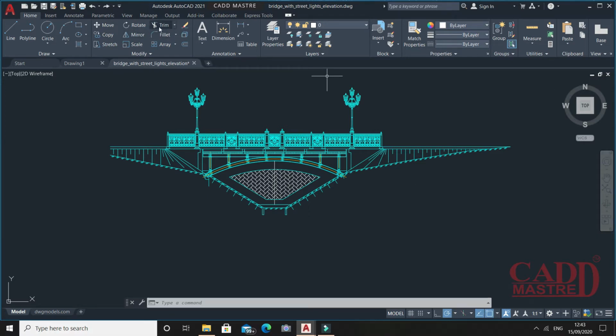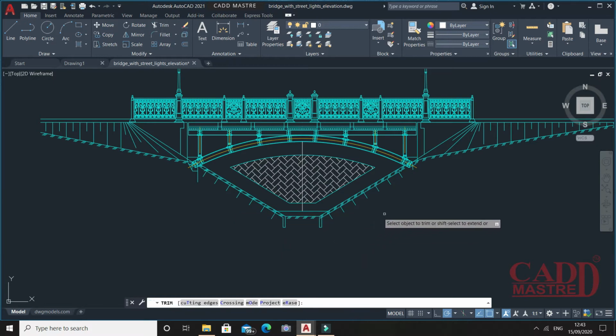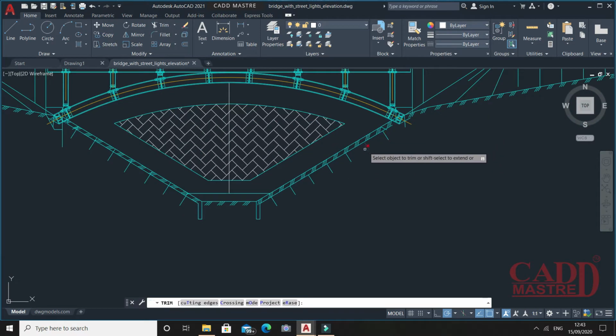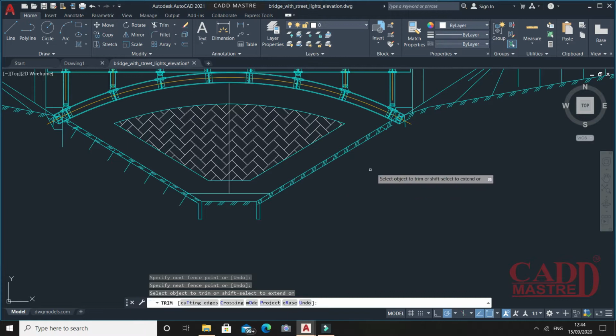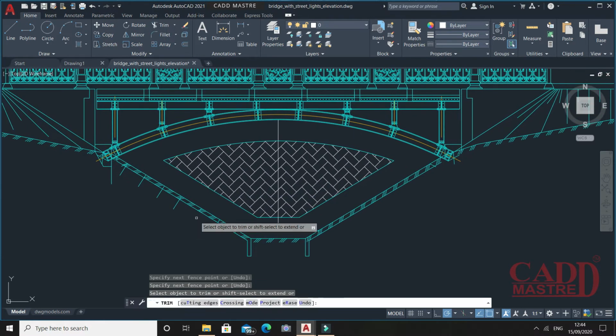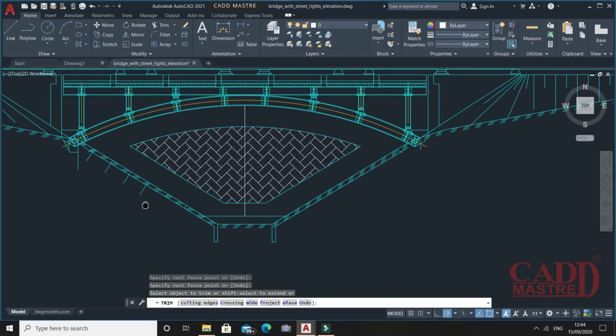So you just see the trim under the modify tool, select this option. Once it is activated, if I want to trim these lines, you just move the cursor over these lines which you want to trim. So it acts as a fence, and now see the line gets trimmed. Similarly, if I want to remove this line, I can just drag the cursor over this line. So in this way you can quickly remove the objects which you don't want.